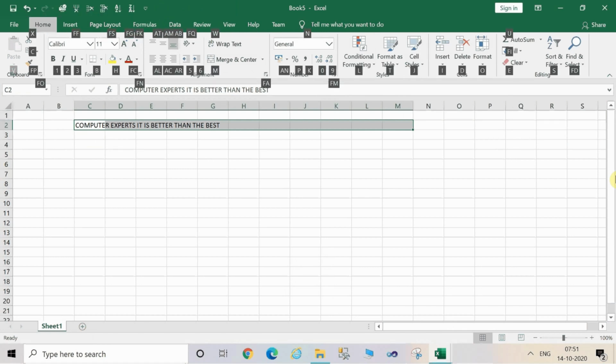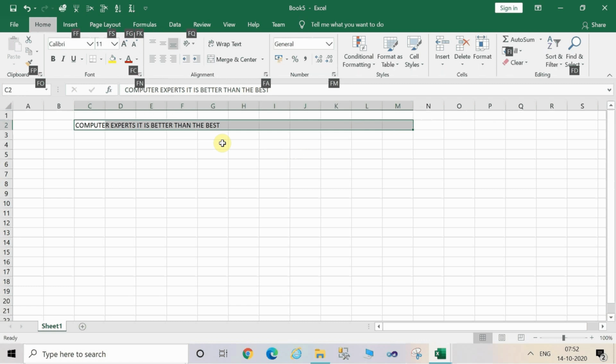When you press the Alt from the keyboard, then the certain highlighted keys are visible on the screen. So for home tab, you have to press the H, right? Now press the H from keyboard and now see the corresponding key for font size, which is FS. Press the FS from the keyboard to change the font size of the text.